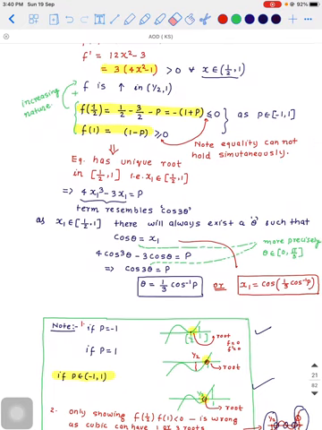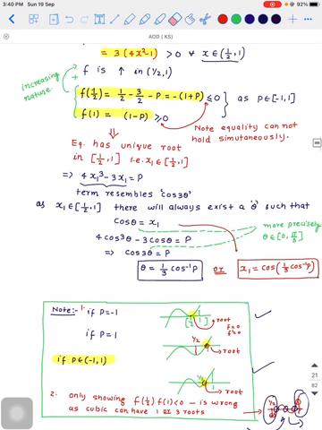I will take the case when p equals minus 1. In that case f of half will be 0, and if p equals 1, in that case f of 1 will be 0. But that uniqueness of root will still be there. Only at these 2 points the function will be 0. And also note that simultaneously they won't be 0, because f of half is 0 when p equals minus 1, and at 1 function is 0 when p equals 1. So that uniqueness is there because function is increasing nature.